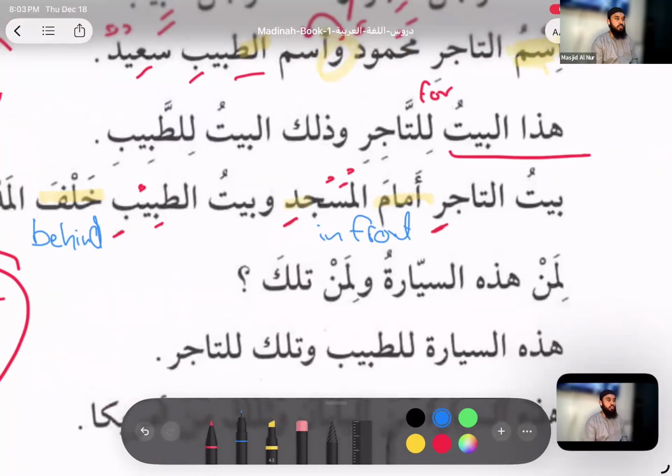Someone comes to the masjid and it's a big masjid. Where is Sajid? Sajid, khalf al-masjid, is at the back of the masjid. Over here, you're not going to use khalf in Arabic. You'll say another word. Khalfa literally means behind. If I were to actually say khalfa al-masjid in Arabic speech, people would think you're all the way at the back, perhaps even outside of the masjid in today's speech. Khalf means at the back, okay? So technically it's still fine. I'm not saying it's wrong.